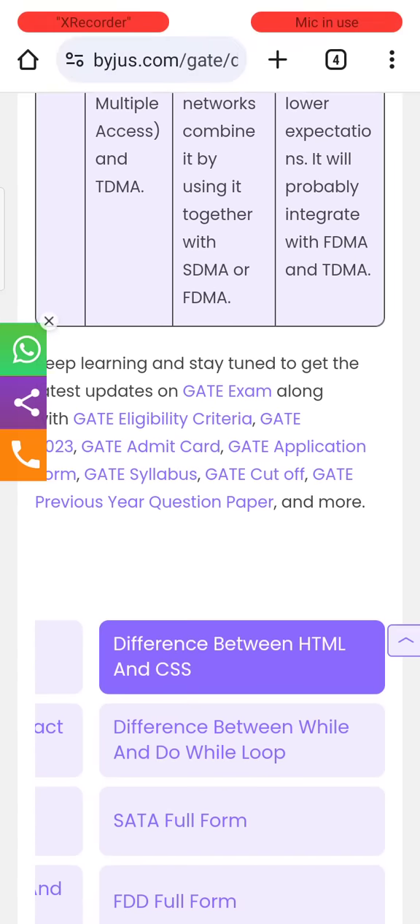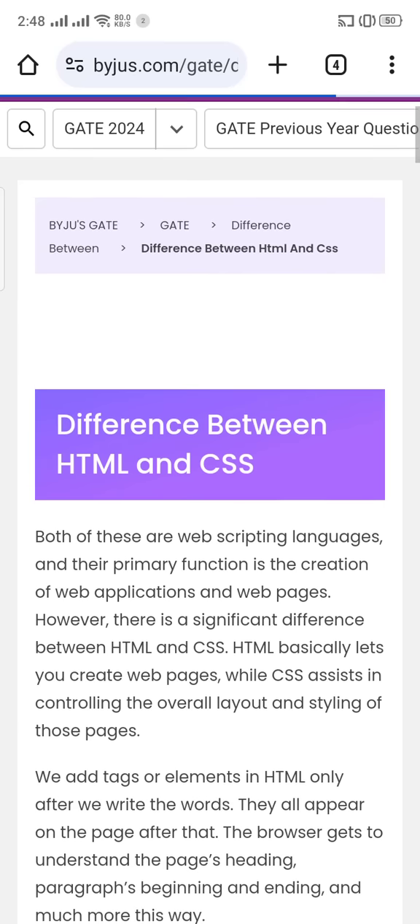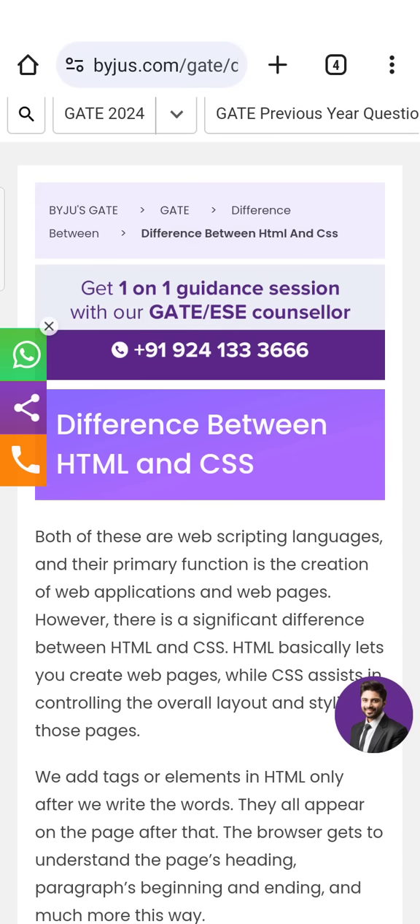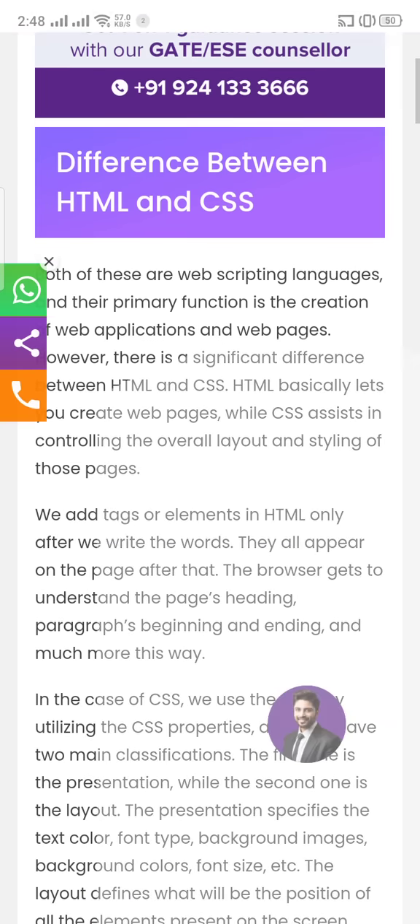Differences between is the web scripting language, and their primary function is the creation of web applications and web pages. However, there are HTML and CSS. So basically, let's source web become